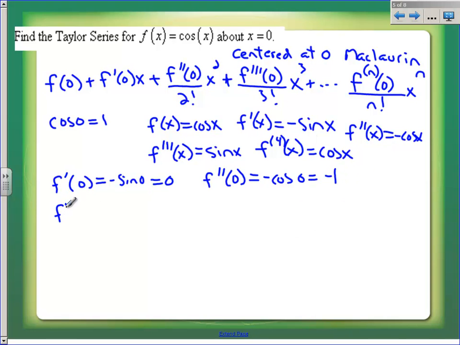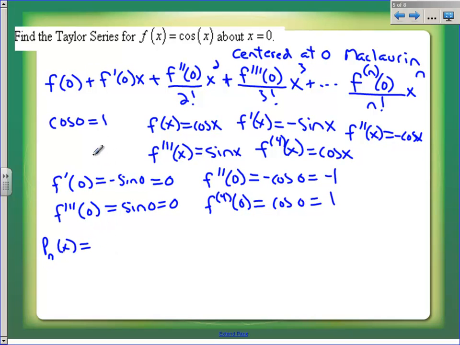The third derivative at 0 is sine of 0, which is 0. Look what's happening on these odd powers. On the odd powers with the odd derivatives, we're dealing with sine, and so those terms are going to end up canceling. So let's find the fourth derivative at 0, and our fourth derivative at 0 is cosine of 0, which is back to 1. So I think we've got the pattern here. So let's see if we can't build this. Our Taylor polynomial